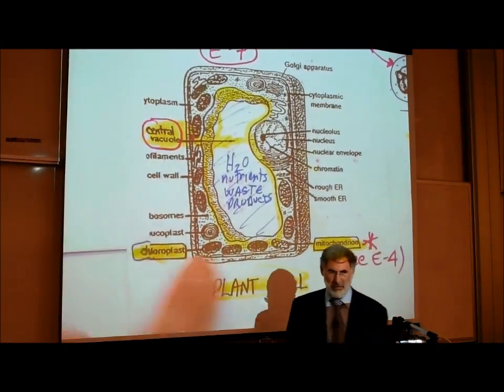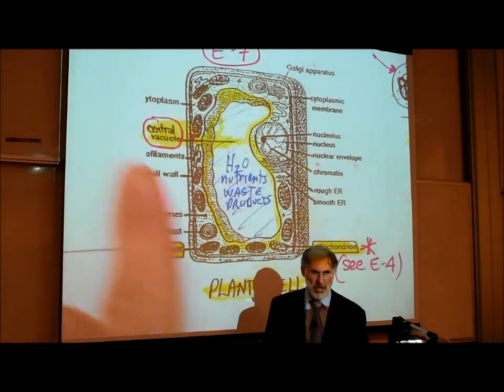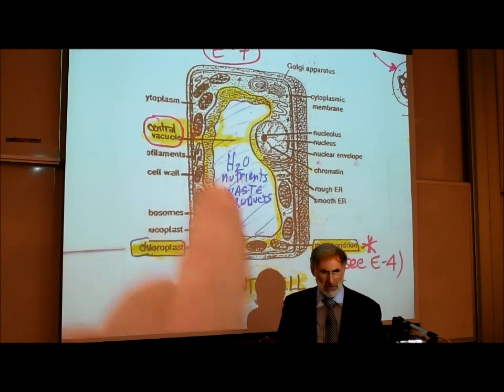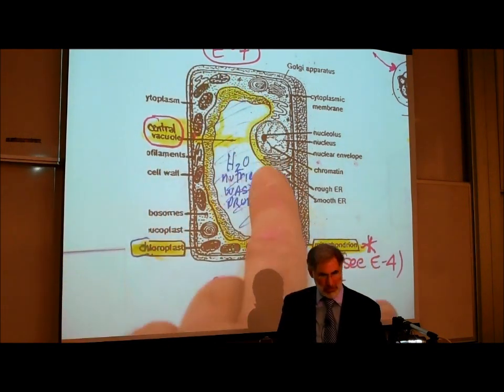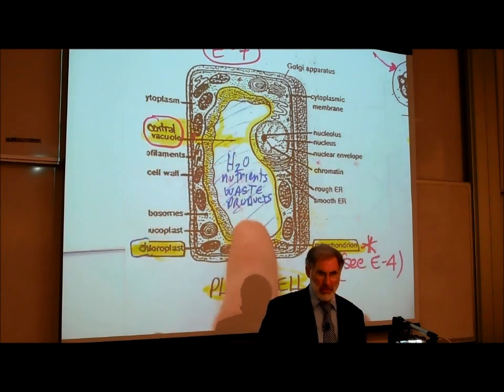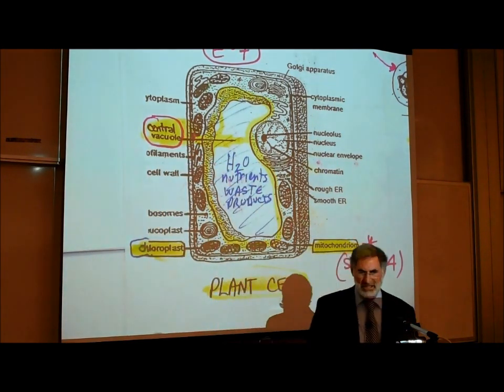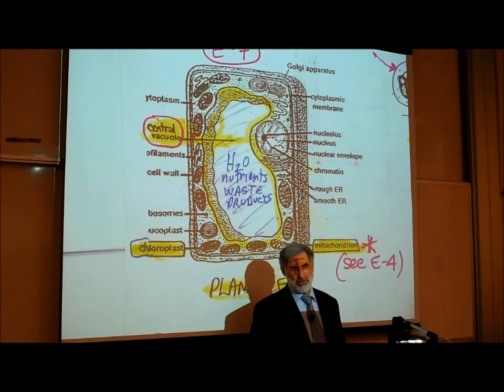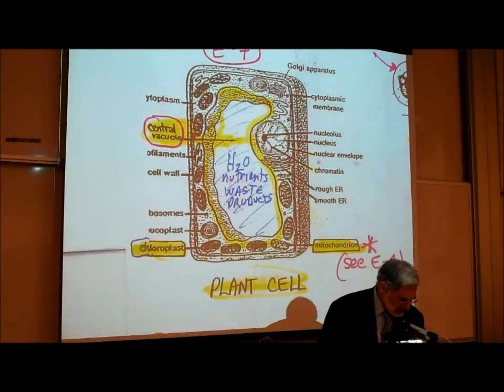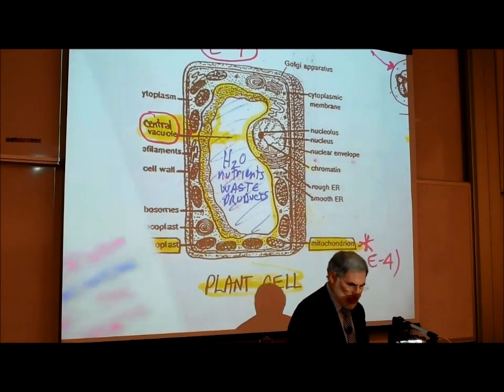And looking at the plant cell, you can see labeled on the left-hand side, this is on the lower left of page E7, we see this large vacuole. It's huge. It's the largest structure in the whole plant cell. It's called a central vacuole that stores water, nutrients, and waste products. Very characteristic of plant cells, having that large central vacuole. All right, now back on page E3,